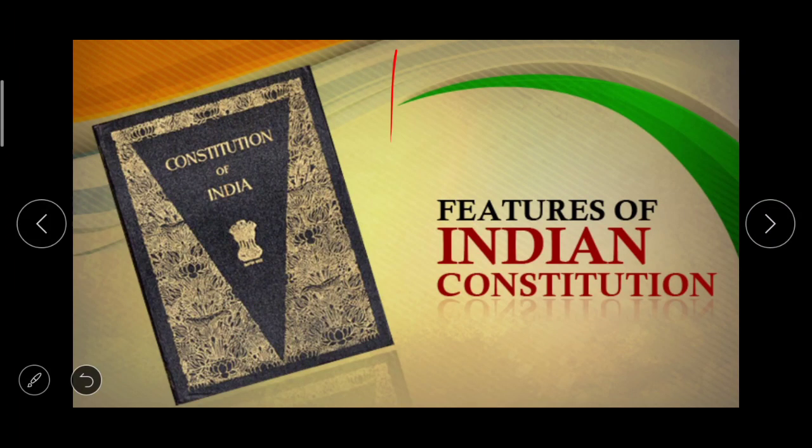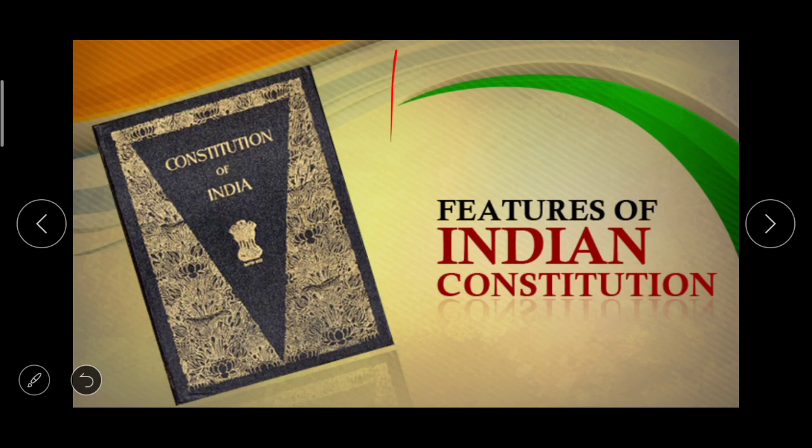We'll be learning the topic Features of the Constitution. In the last two lessons, we studied how our Constitution was made. We studied its preamble and understood terms like sovereign, socialist, secular, democratic republic. The goals expressed in the preamble are the characteristic features of our constitution, and apart from these, the constitution also has other features, and in this lesson, we are going to discuss the